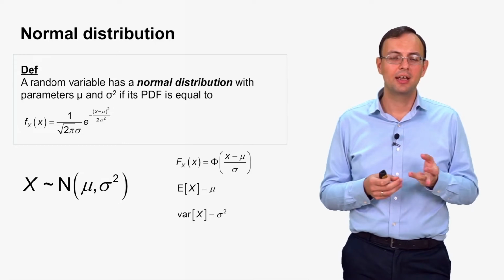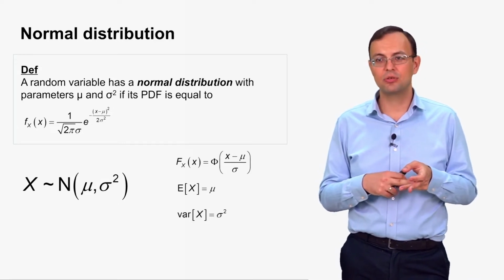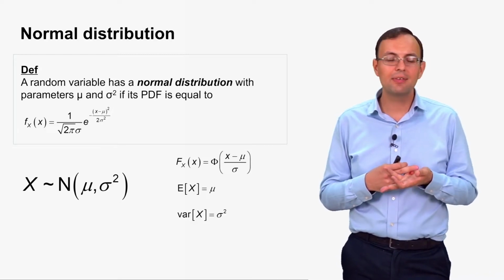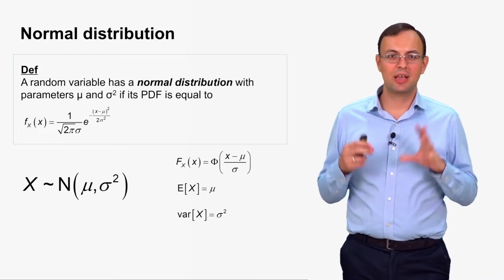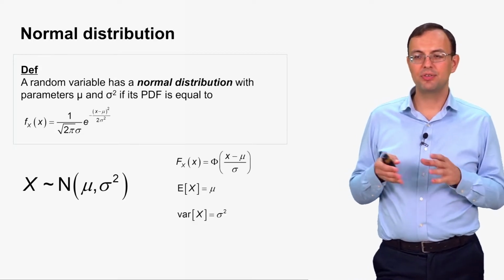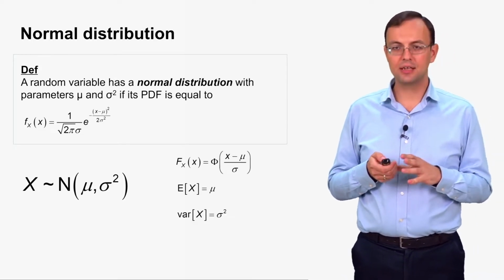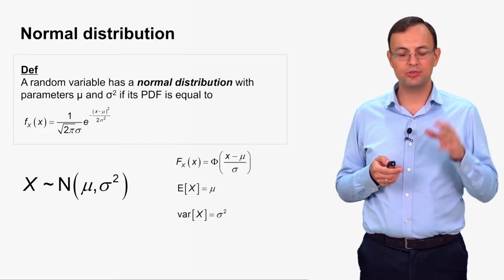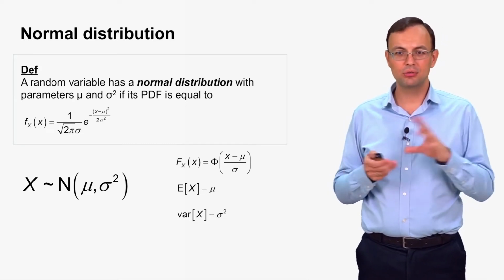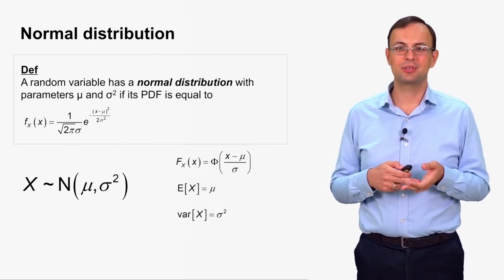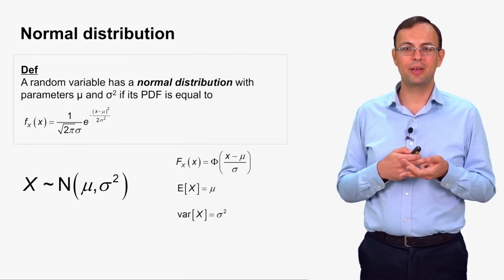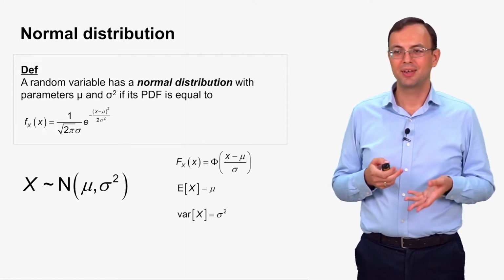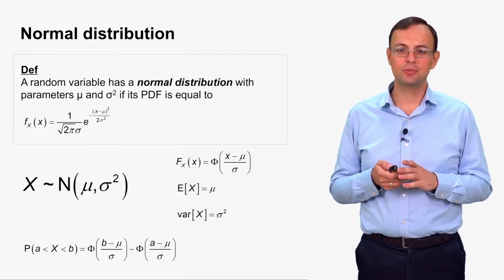Sometimes it is called a Laplace function, sometimes it is called simply phi, sometimes it is called normal CDF. So we use capital Greek letter phi to denote this function. To find the value of this phi at a given point, you are to use tables. You can Google for just a table of the CDF of the normal distribution, and you will get the table of values of this function.